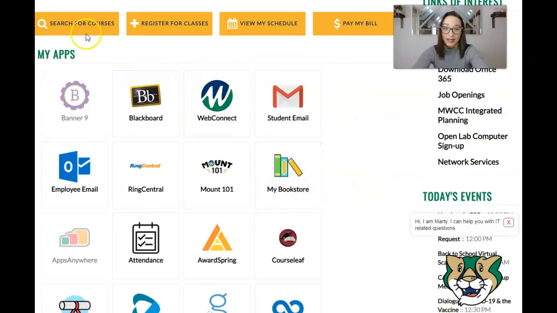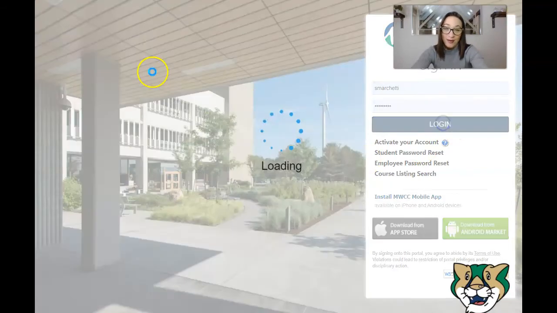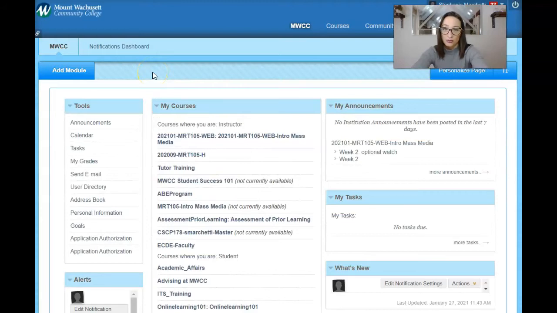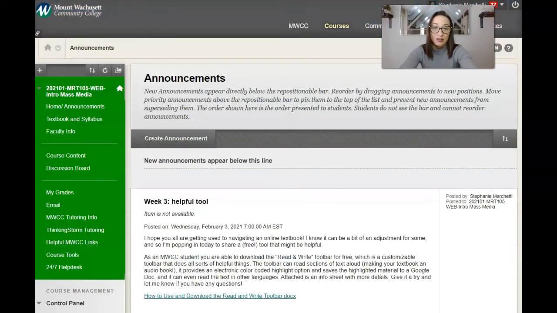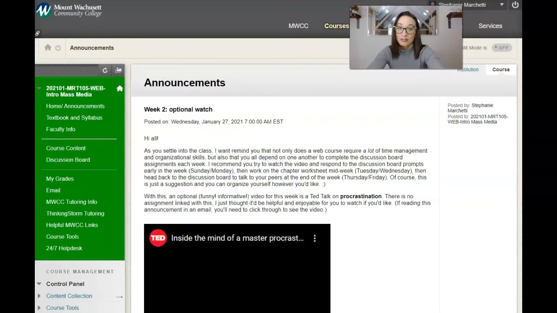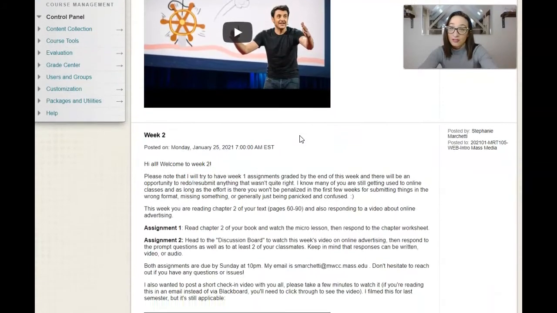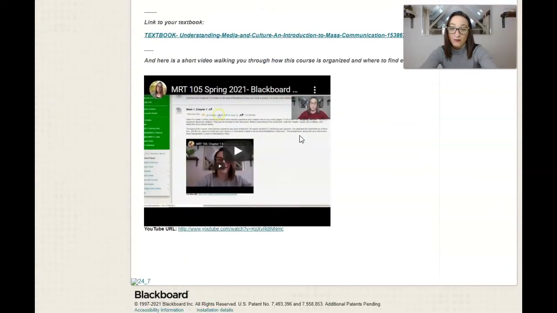Again, back in iConnect, the hub for everything Mount Wachusett while you're a student is your Blackboard app. And you should get in the habit of logging into each of your Blackboard pages at least 2 to 3 times weekly, if not every day. So I'm going to log into one of mine right now. This is a class that I'm teaching, and I can see lots of different announcements. Let me put this on student view. So I can see that even just in the early days of this class, 4 announcements have already posted,